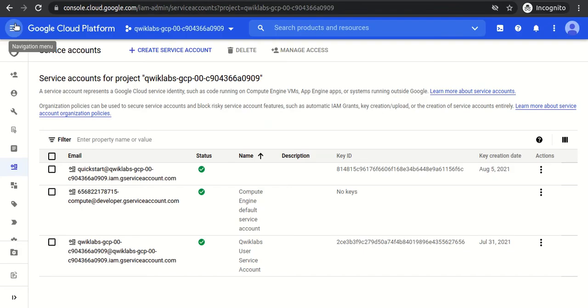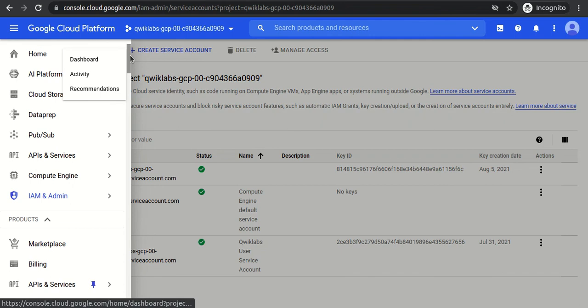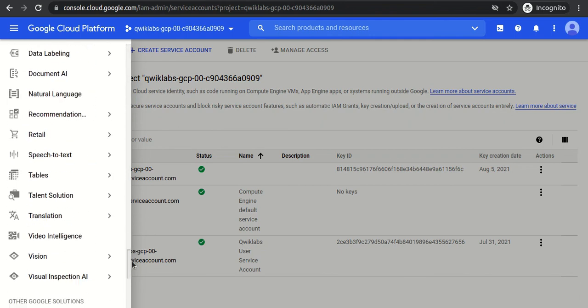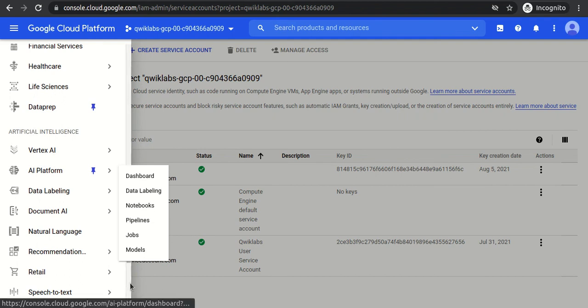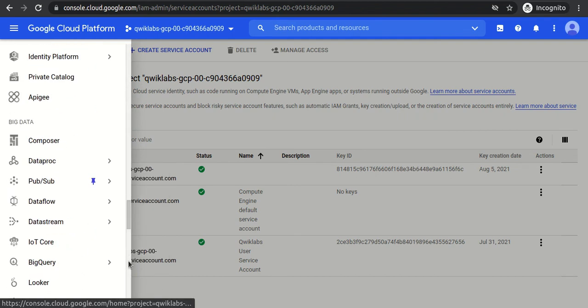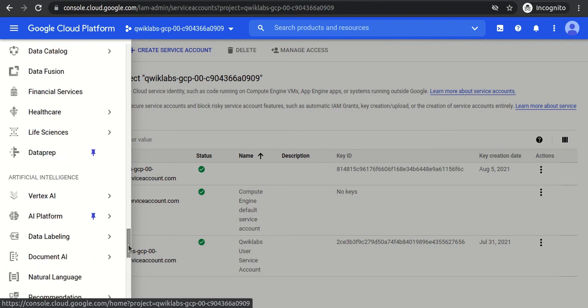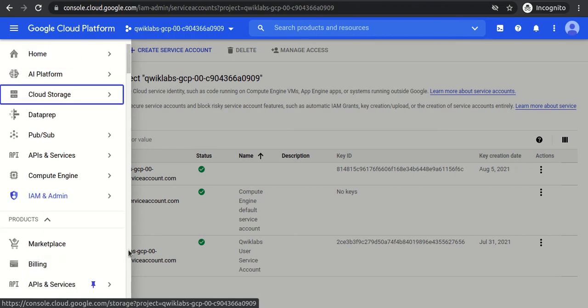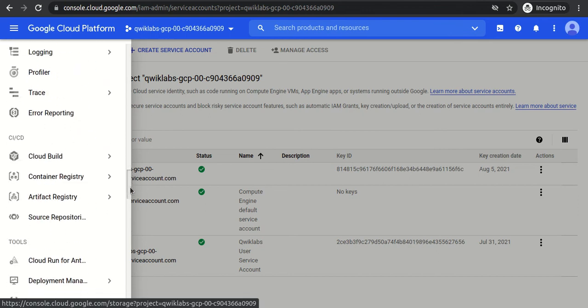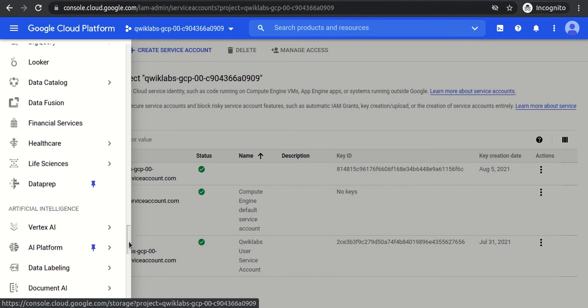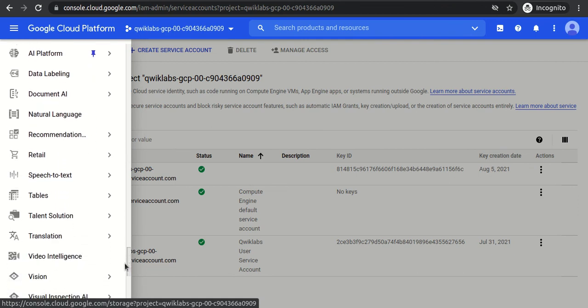Okay, now one more option: whether we can explore this using the console or not. Console means the UI. Under the artificial intelligence section, earlier we explored speech to text, right?